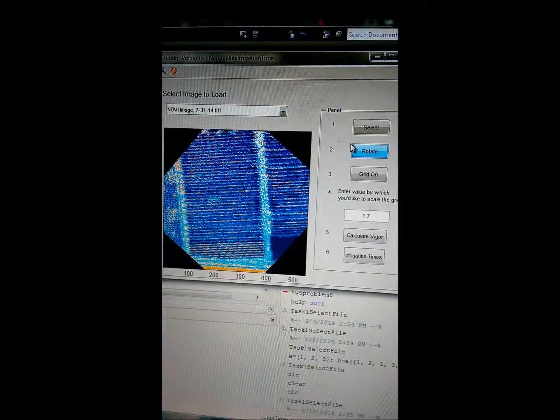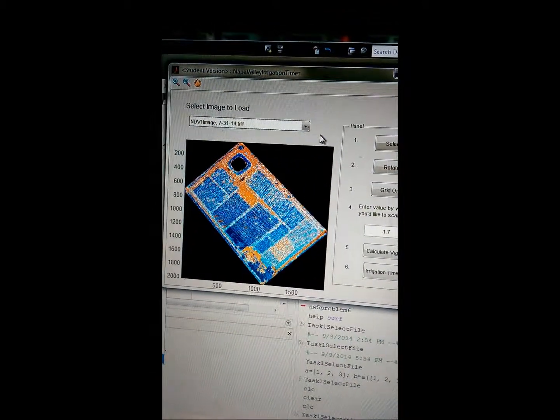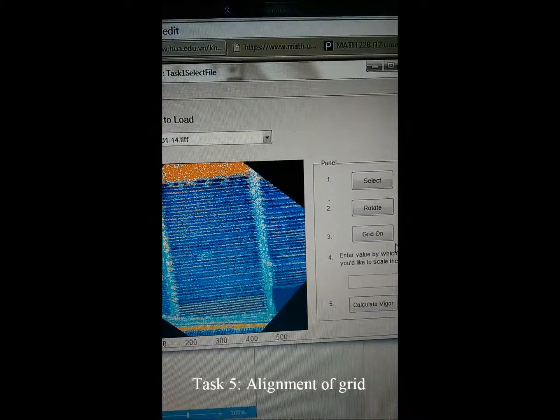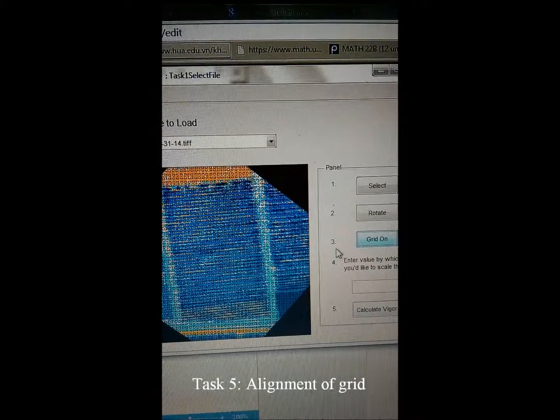Rotate. If you're not happy with your selection, note that you can select the image again from the drop-down menu to restart the process. For the Grid On button, I used the grid on command to create a proportional grid